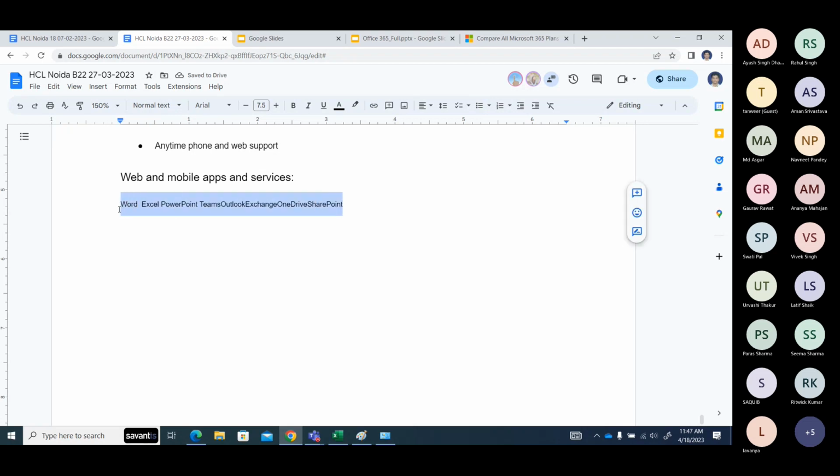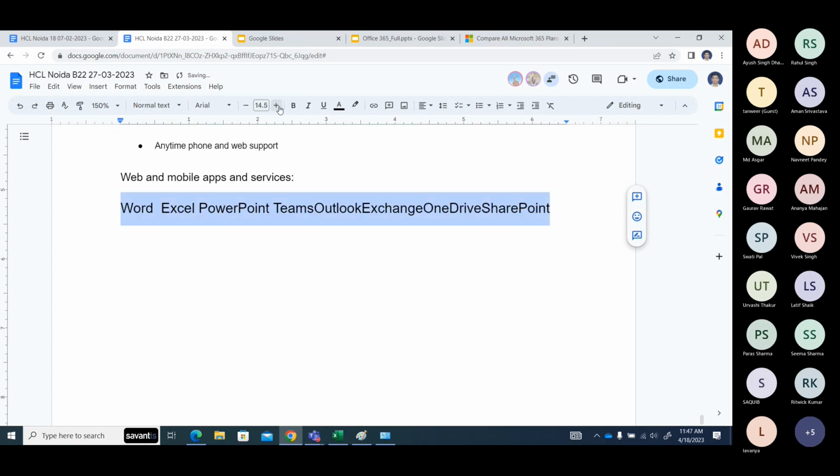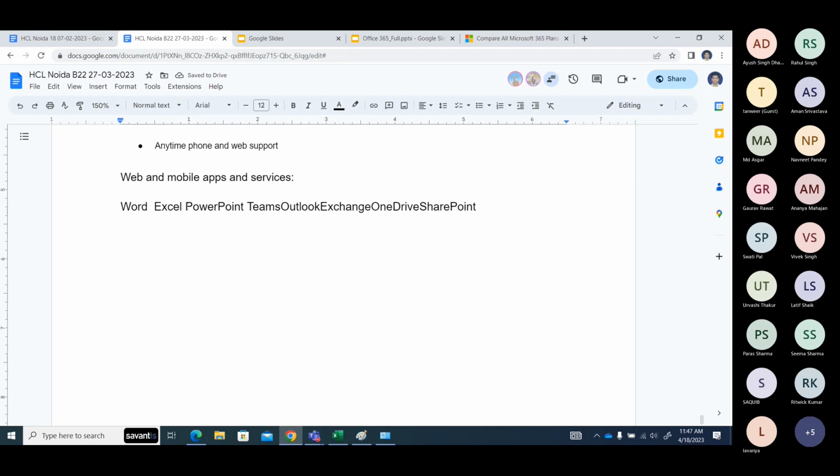So we are getting this one. Here we have to increase the size. So this is Word, Excel, PowerPoint, Microsoft Teams, Outlook. This much we know already. What is this Exchange, guys? Exchange is a